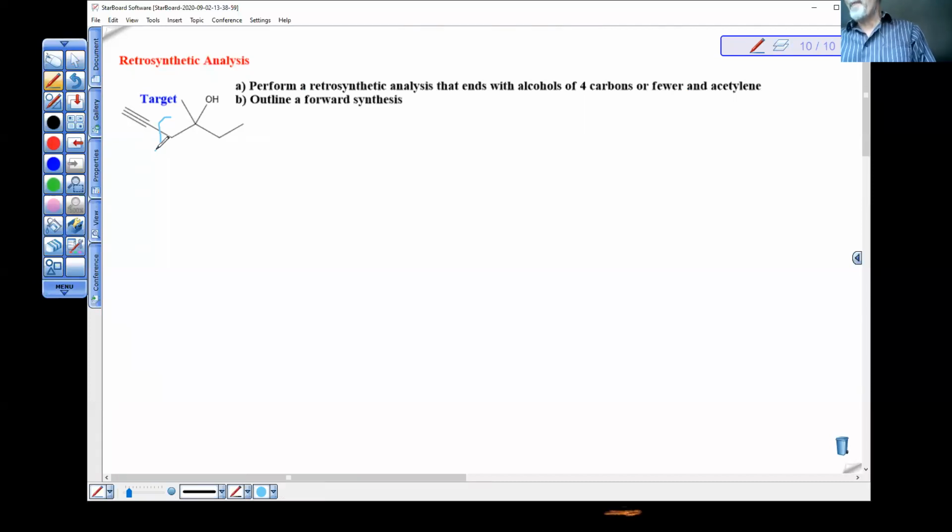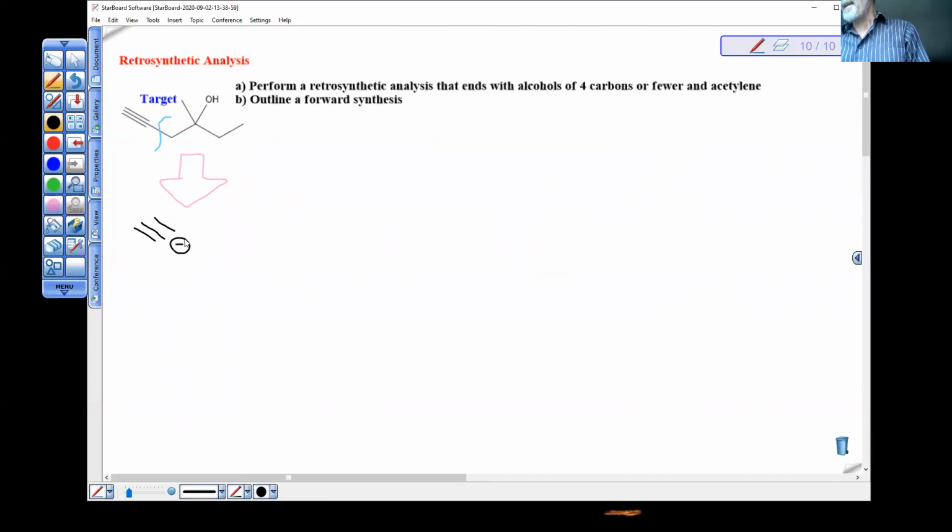And you remember your retrosynthetic arrows. Let's use light pink. They look like this. It means I know how to make the molecule above the arrow from this down here below the arrow. And those 2 pieces are